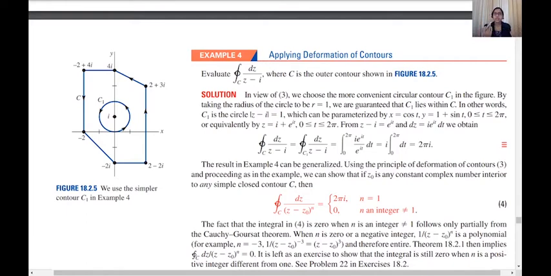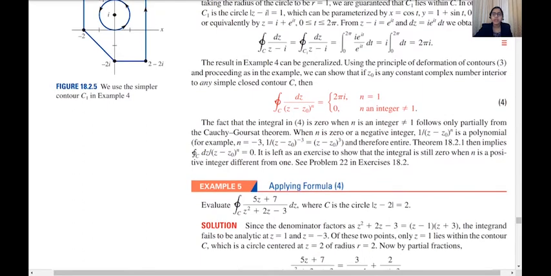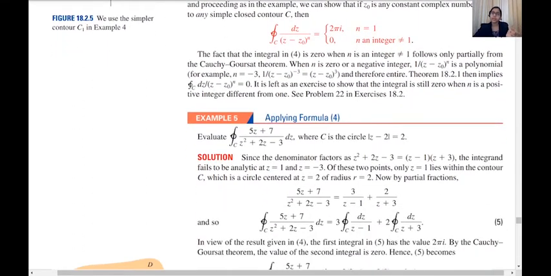Now the positive case, I would like you to verify as it is given as an exercise problem. You can work it out; just put your brains on it. Just remember this: the integral over C of dz by z minus z0 raised to n is 2 pi i when n is equal to 1, and it is 0 when n is any other integer not equal to 1. The point z0 will be the point in your question's function where the function is not analytic.